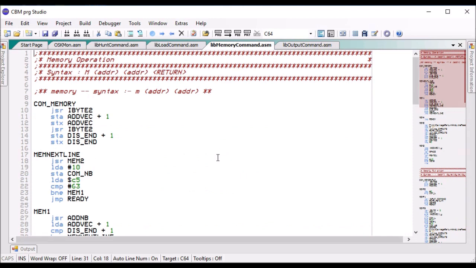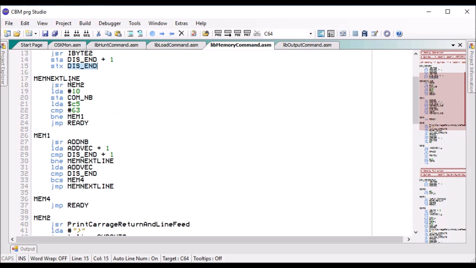The next subroutine is memory, where it displays the memory, and the command for this is M address and address, so start and end address. So the way it does is it gets the first 2-byte hex number and stores it in add vector. Then it gets the end hex address and stores that in disend, and then basically just runs through it. So this is setting up the line. Because there's going to be 10 numbers on every